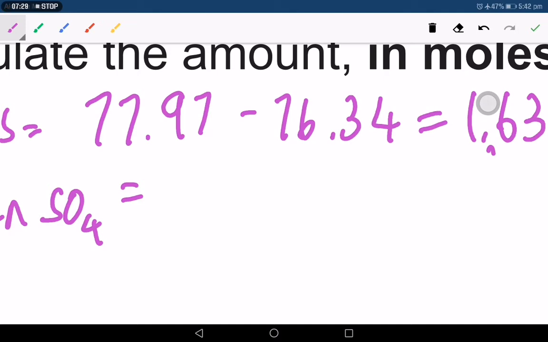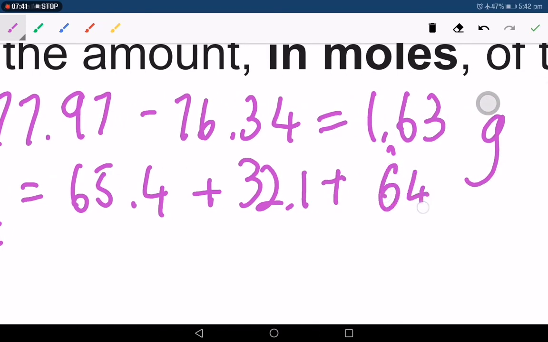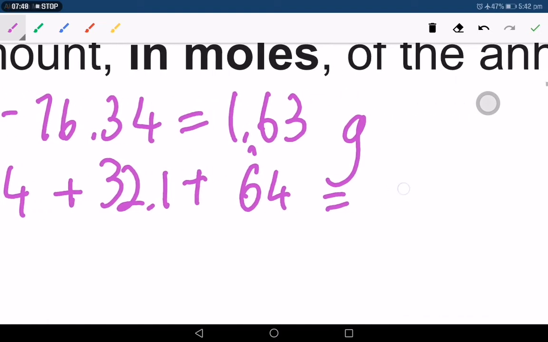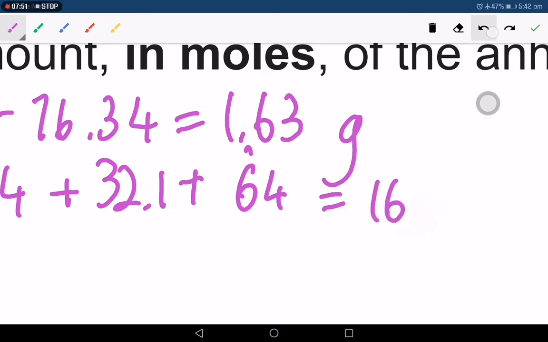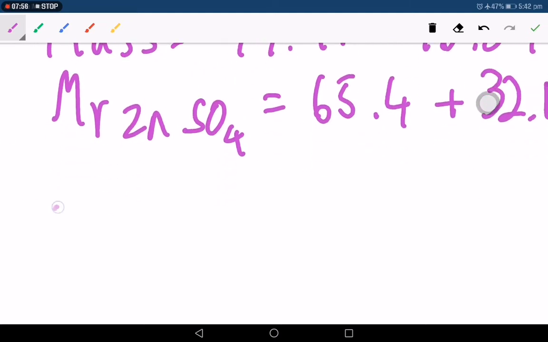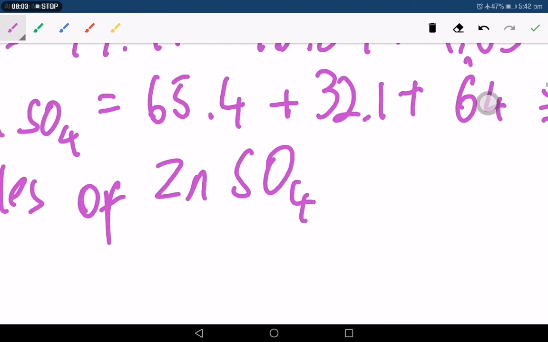You will notice that zinc has Mr of 65.4 and sulfur has 32.1. O4, I'm just putting the 4 together to avoid conflict, is 64. So 65.4 plus 32.1 plus 64 gives you 161.5. Therefore moles of ZnSO4 is equal to